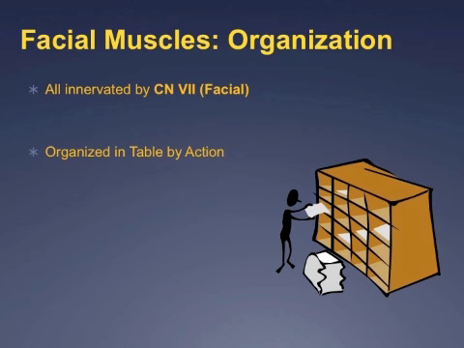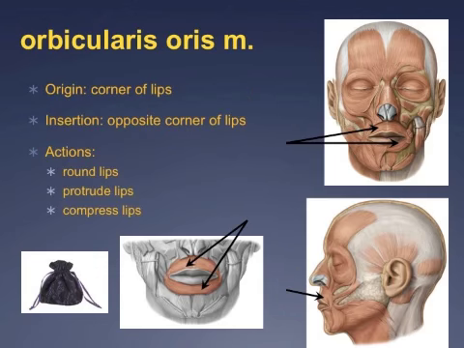Note that each of these 10 facial muscles you need to know are innervated by the facial nerve, also known as cranial nerve 7. Note also that the table of muscles is organized by the muscle action, shown in gray. So let's get learning. The orbicularis oris muscle is a round sphincter muscle that makes up part of both the